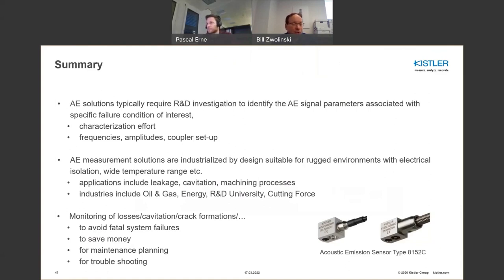Obviously, the sensor is well proven. It's been out in the industry for quite some years, and it's fully industrialized and able to stand up to the